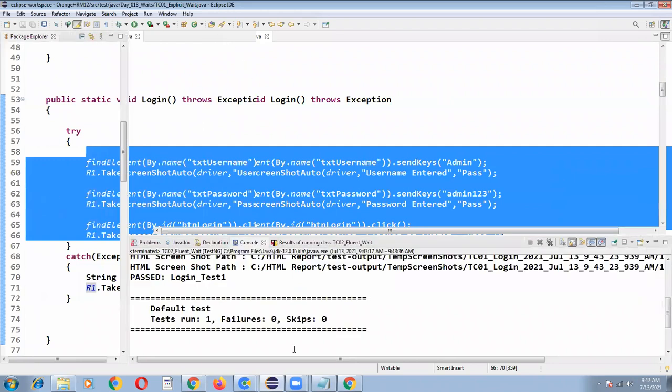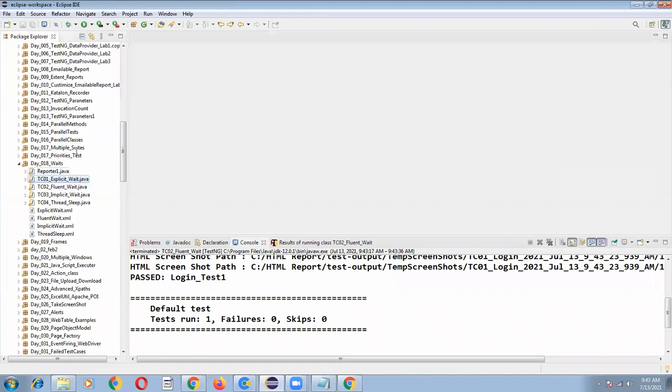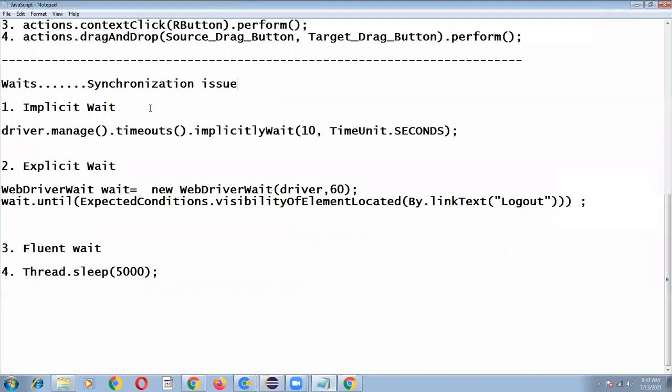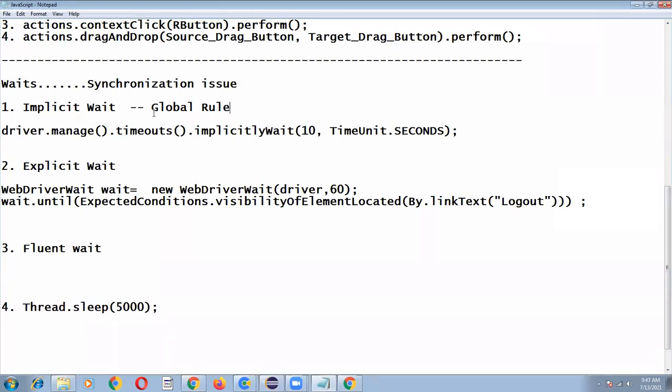Now we completely understood implicit wait, explicit wait, and fluent wait. Implicit wait is a global rule for all the web elements. Explicit wait is applicable for a specific web element.